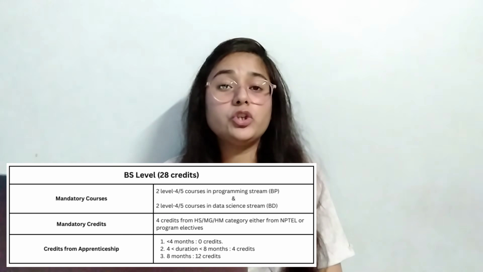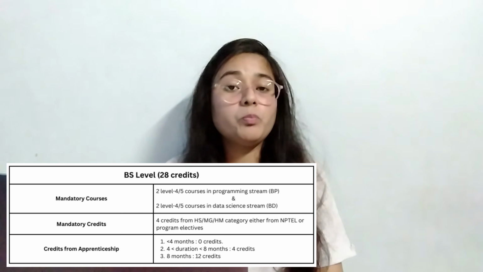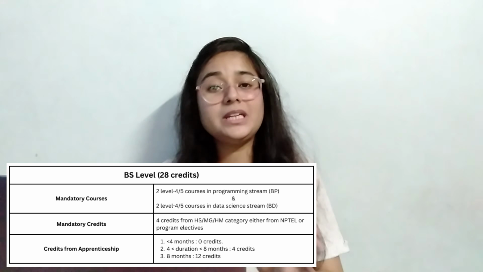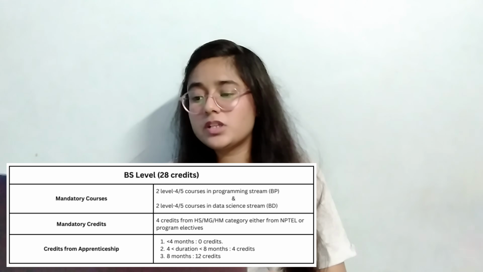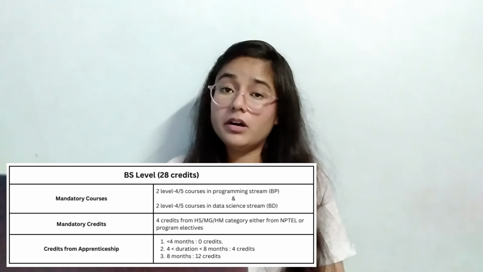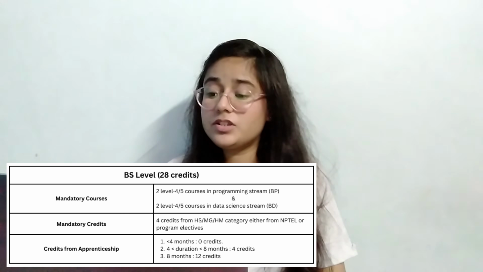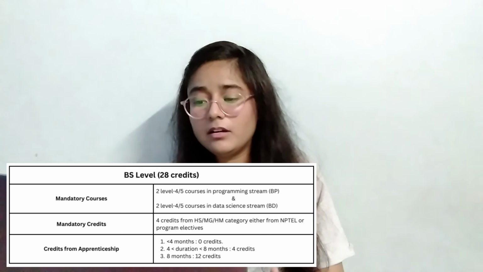There are no mandatory courses as per IITM, but some mandatory credits that are required to complete your BS level. First of all, you have to complete two courses from level 4 or level 5 in your programming stream, that means BP category, and two level 4 or 5 courses from your data science stream, that means BD. And you need to earn 4 credits from HS, MG or HM category, either from NPTEL or